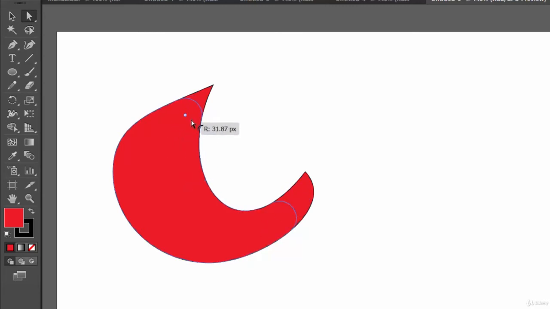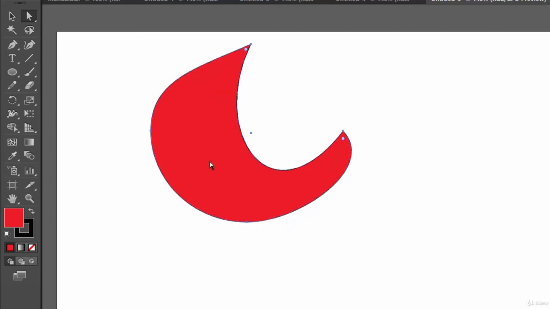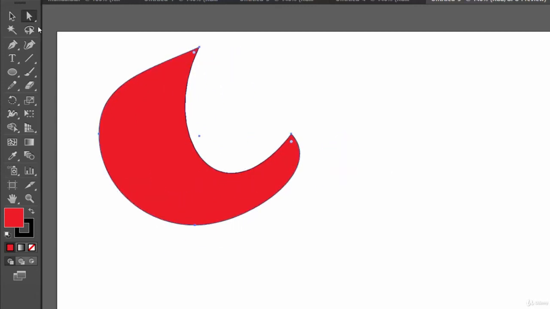And whenever you can see these points, it means that you can control its roundness. See? Okay. So this is the direct selection tool.